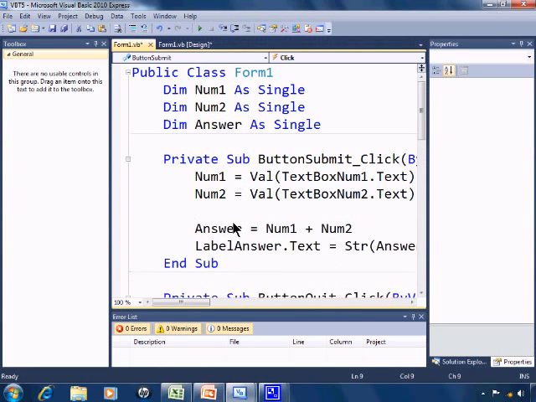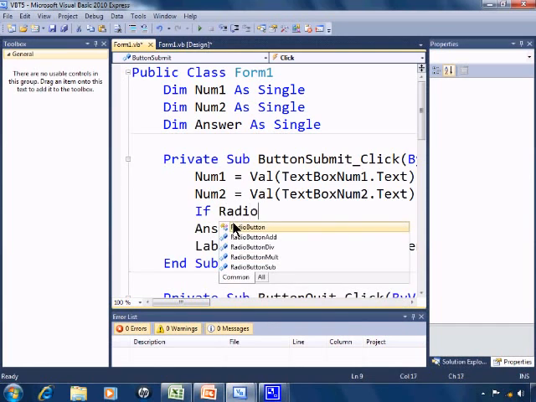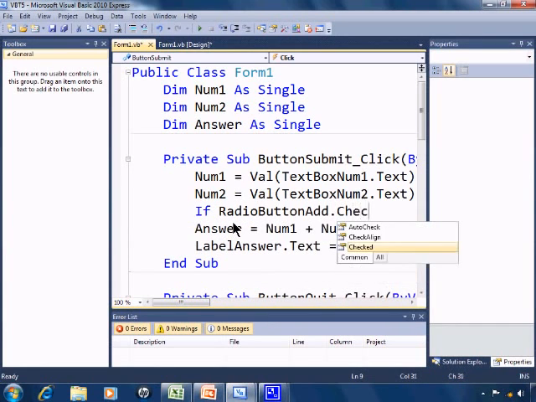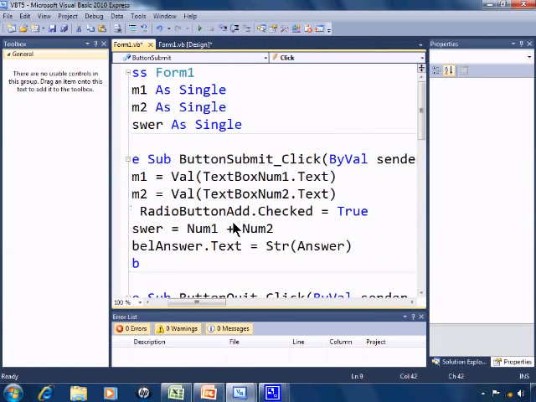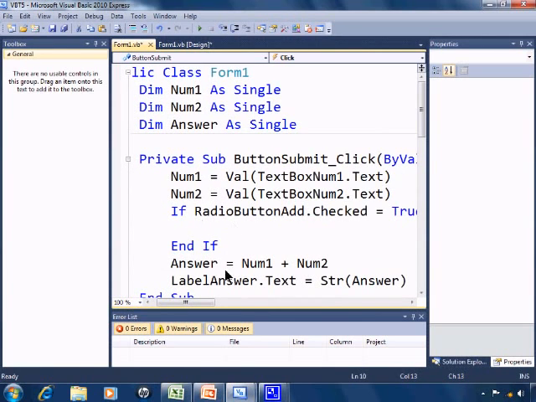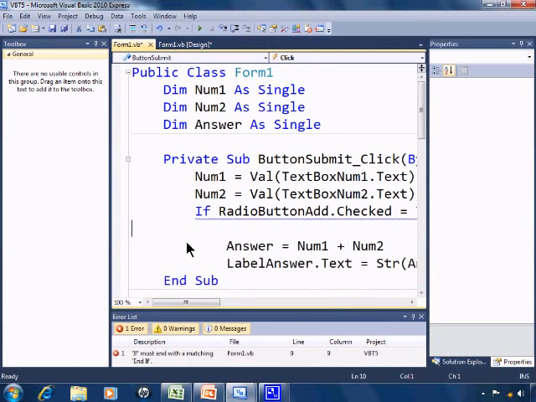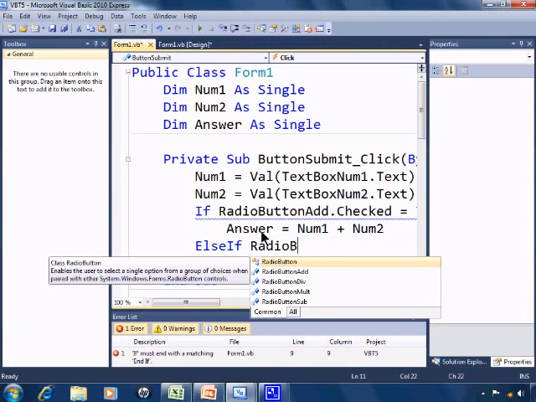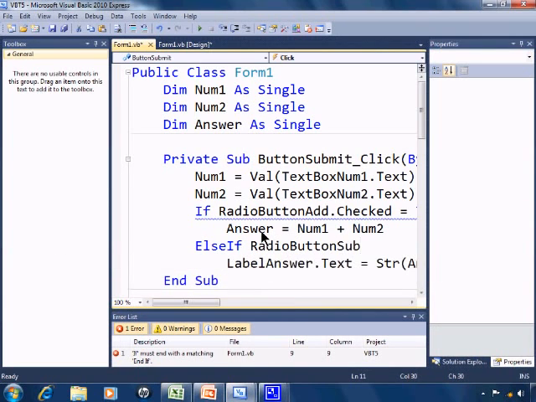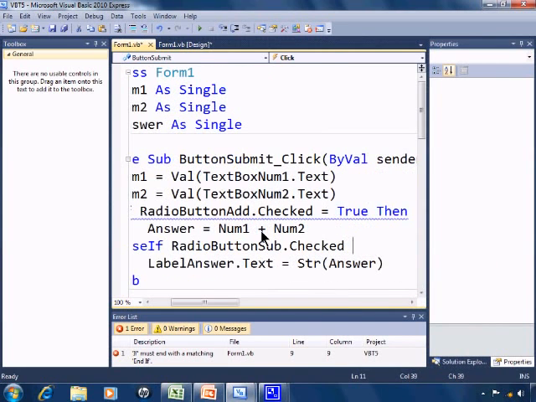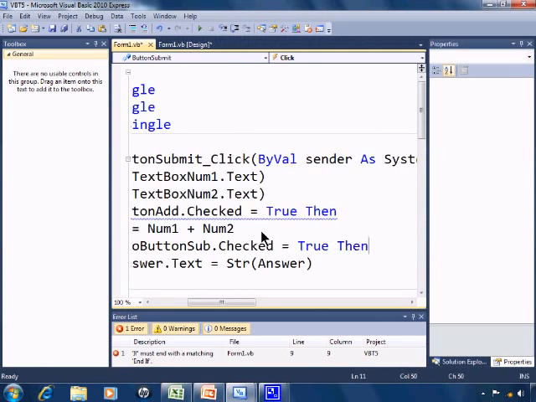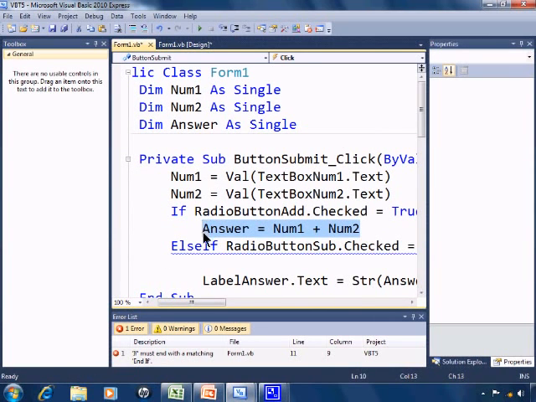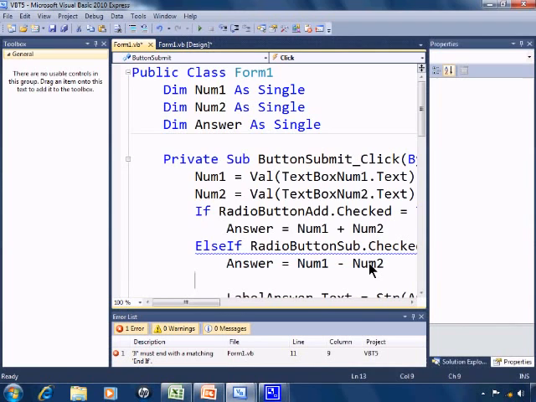So here, with the answer, I'll go If RadioButtonAdd.Checked = True, then we'll have the answer equals num1 plus num2, else if RadioButtonSubtract.Checked = True, then, now let's go ahead and copy this, num1 minus num2,